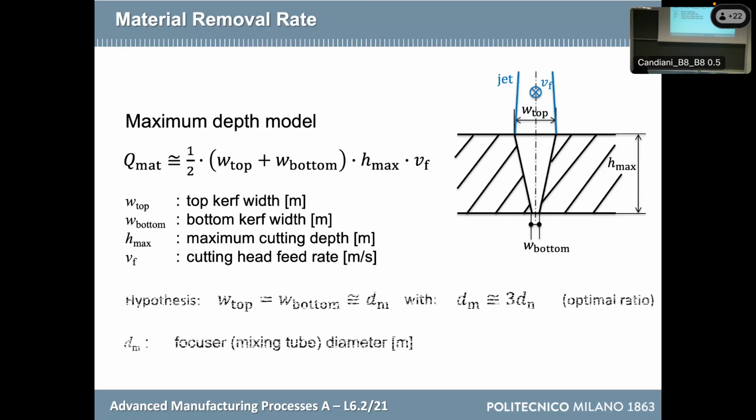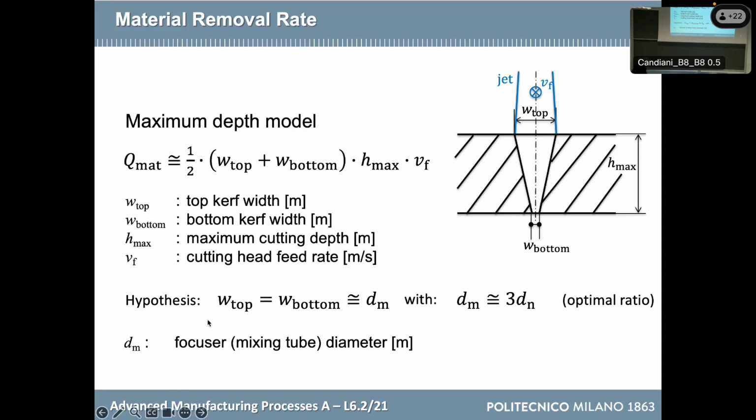Then we do another assumption in order to simplify the equations. We do it for a good purpose, because at the end we can make some interesting reasoning. What we do is considering now that the curve walls are parallel, which in reality is a contradiction, because I said that we are at the limit of the cut. At the limit of the cut, the curve walls would be never parallel, because they are convergent. Because if we are at the limit at a certain point, the jet is not able to cut anymore, and so the two sides should be close together. But we accept this assumption,